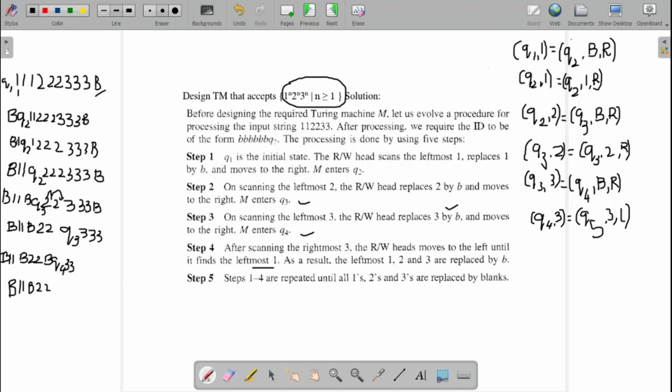So this will be 2 again, Q5 on blank I am getting. Next will be 3, 3. So next Q5 on blank, I need to go back.